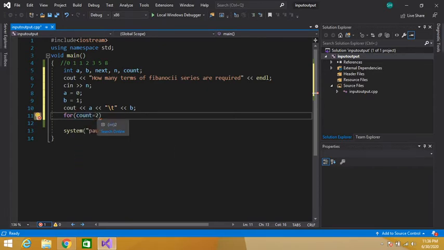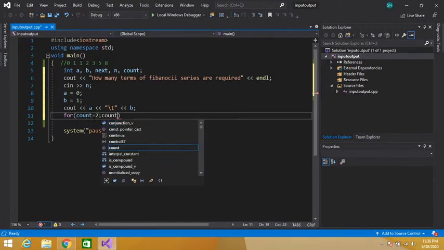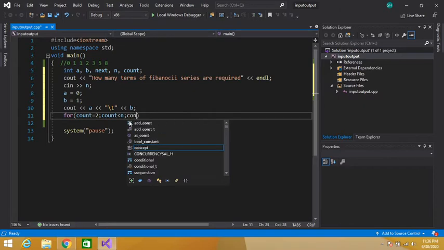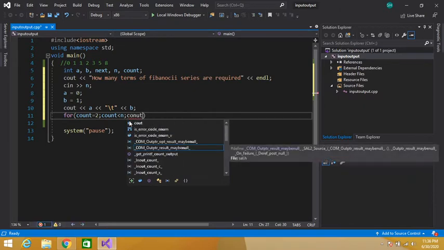Because we have printed the first two terms of Fibonacci series. So we will start from 2, and then count is less than n. We have to print the Fibonacci terms till this, and then we have to increment the count variable.